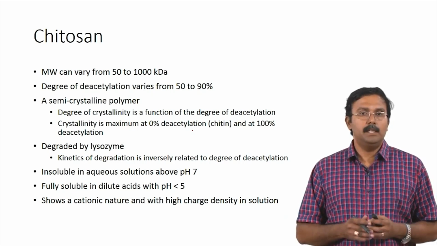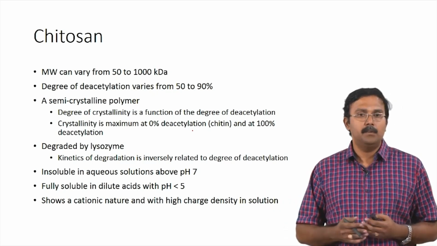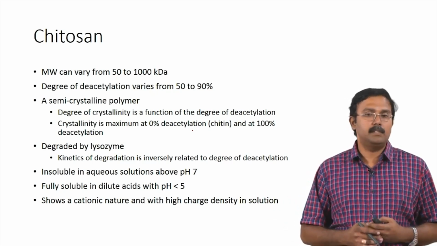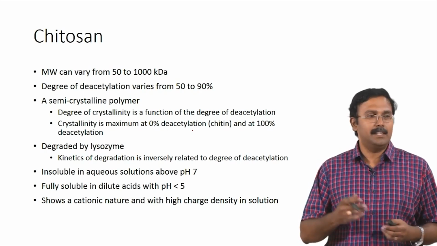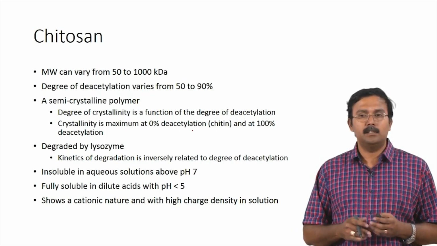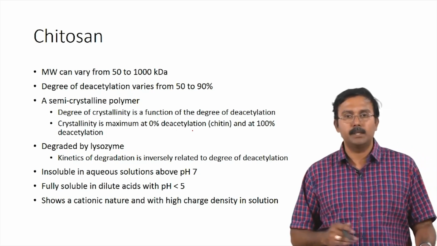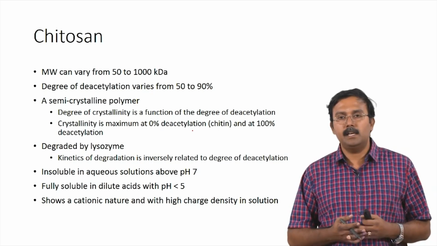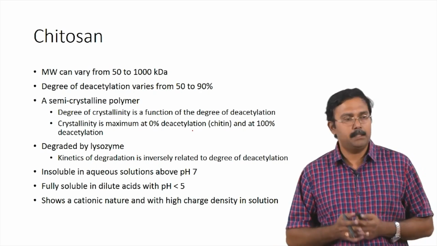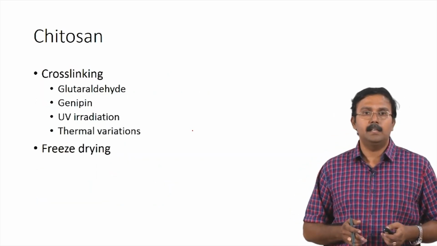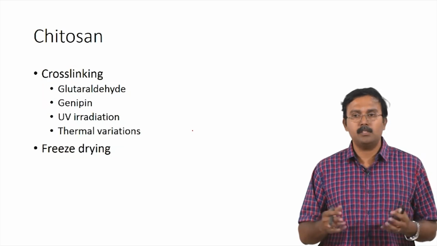So, it is insoluble in aqueous solutions above pH of 7, and it is fully soluble in dilute acids with pH less than 5. So, you can increase temperature, you can play around with the solubility conditions to dissolve it even around neutral pH. It shows a cationic nature and has a high charge density in solution. So, these are the major properties of chitosan, and this chitosan molecule is actually cross linked when you want to